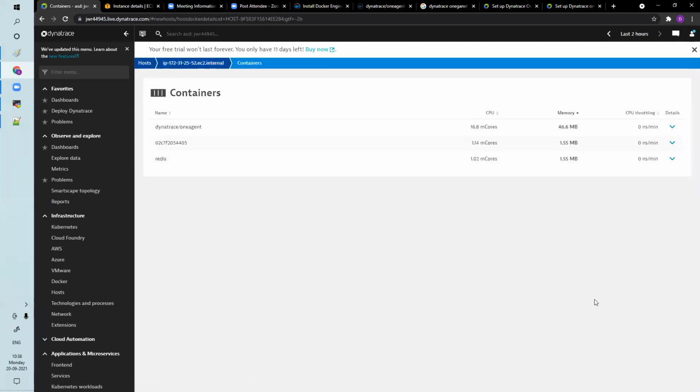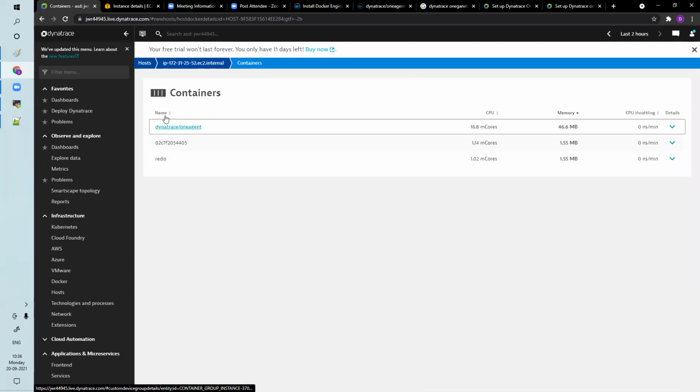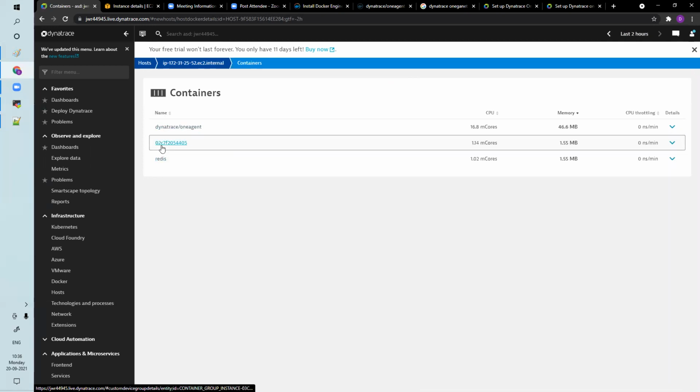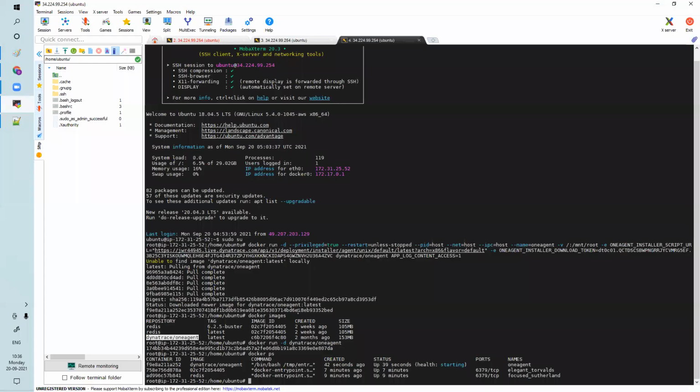So this is your container. If I go to my portal, 02C44405, right? You can see it is coming, 4405 Docker image. So it will capture that information also, such as which image, all those things at Docker level.